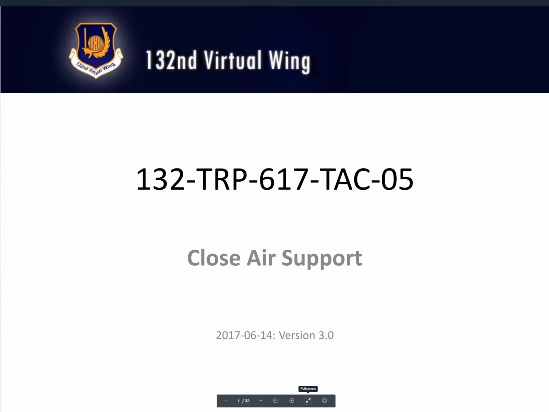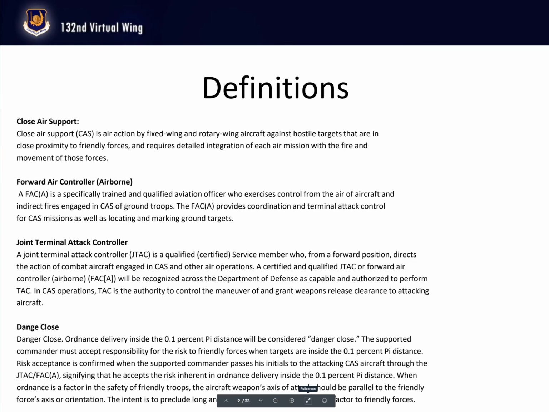So let's start with the definitions. We are on slide 2. Close air support, basically, I'm not going to read everything here, but whenever you are in the aircraft and you need to kill bad guys on the ground, if there are friendlies anywhere around, then it's a close air support situation, which means you have to have very good coordination with the guys on the ground